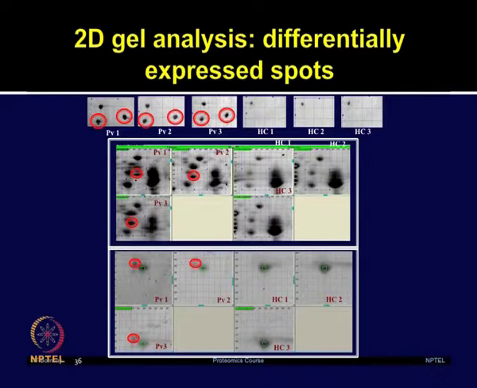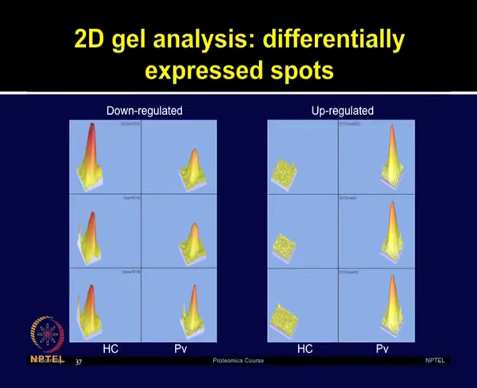For example, one you can see in the top panel, 2 spots are showing significant alteration in the Vivax as compared to the healthy controls. So, these type of spots were considered further for the mass spectrometry analysis. Now, those spots which we found were showing good differential expression, we looked at the 3-dimensional views of those spots to ensure that those are not artifacts and those are the real spots showing up or down regulation of these